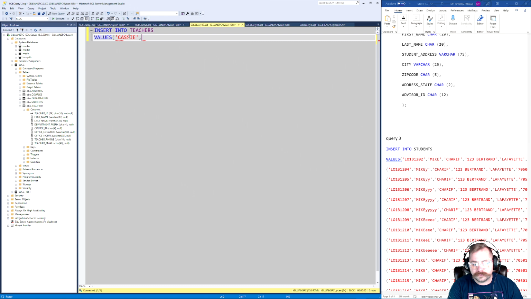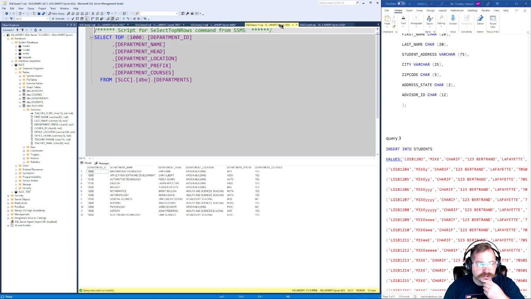comma. Now, here's what's important to note. We have our teacher ID, right? Now, that is the key, but we're entering that. So I'm going to come here, and we'll make a T for teacher, T01B1200, right there. So then, because that's not an auto-generated key, if you remember when we did